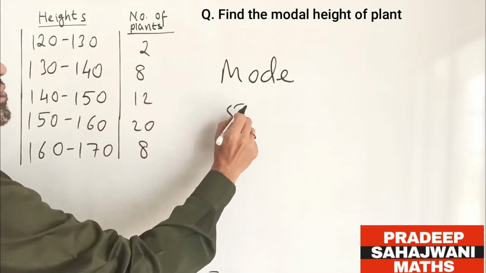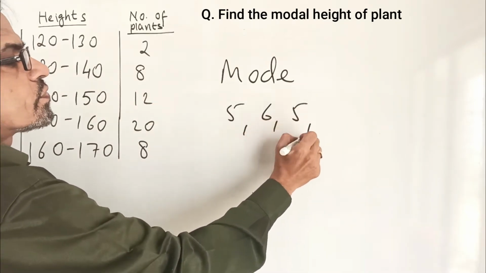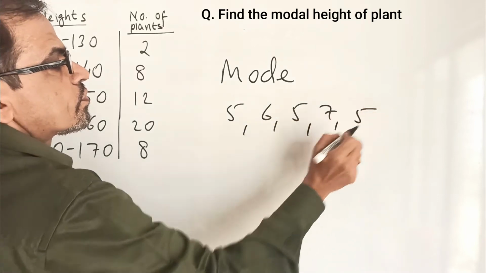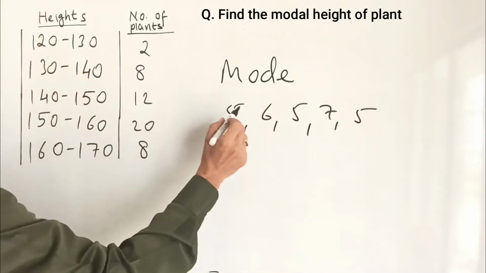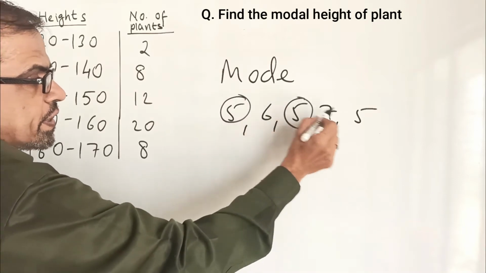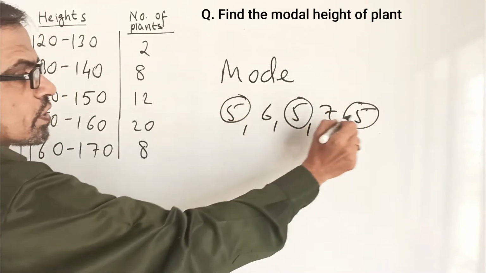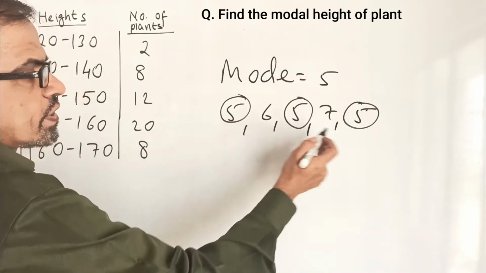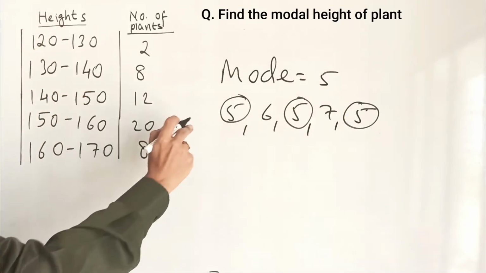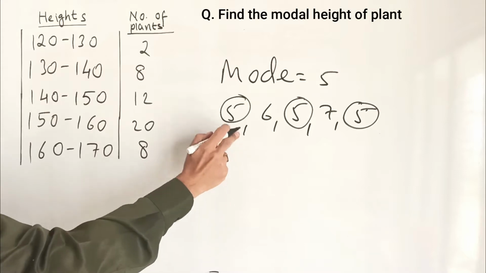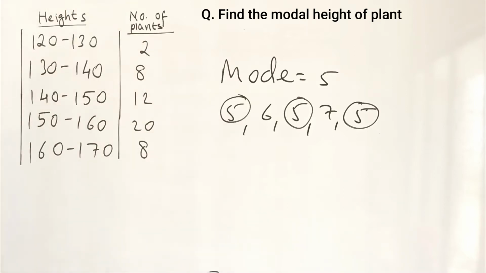For example, 5, 6, 5, 7, 5. See, in this simple data 5 is repeating. The most occurring value is 5. So the mode of this data is equal to 5. Very simple. Okay student, you have studied this in the lower classes,